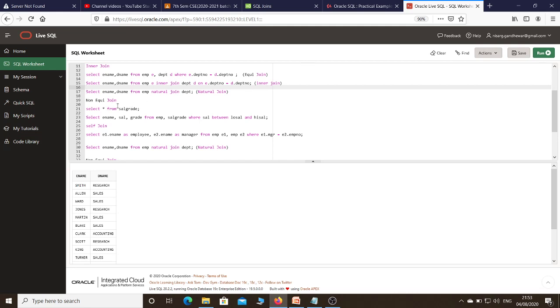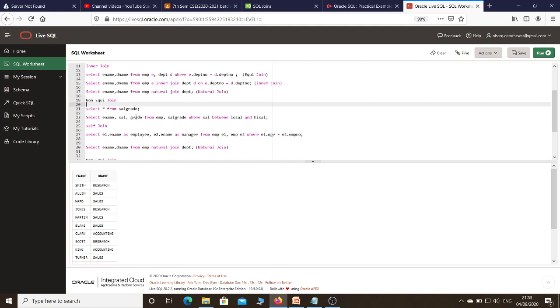Now next we need to go for non-equijoin. As I told you, in case of a non-equijoin we don't have to make use of a common attribute. So our problem statement is: I want to display employee name, salary and grade of that employee.